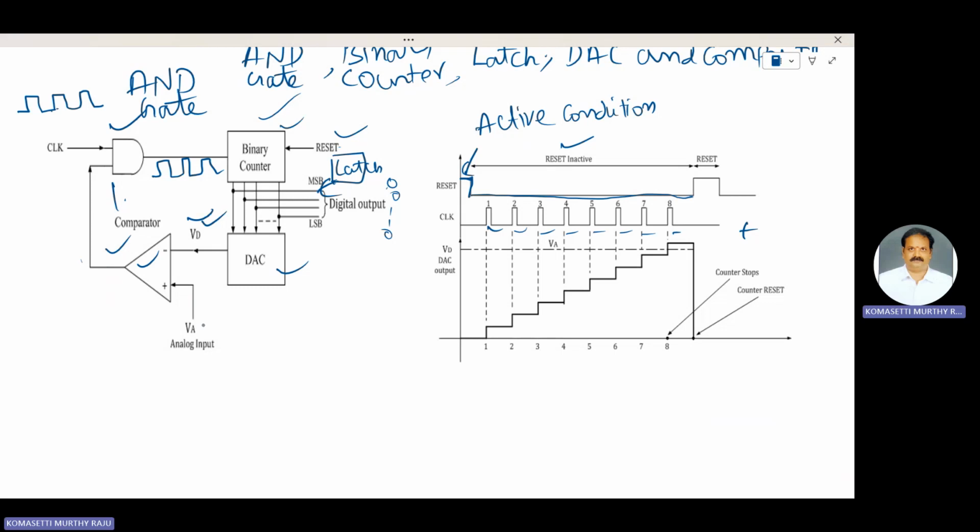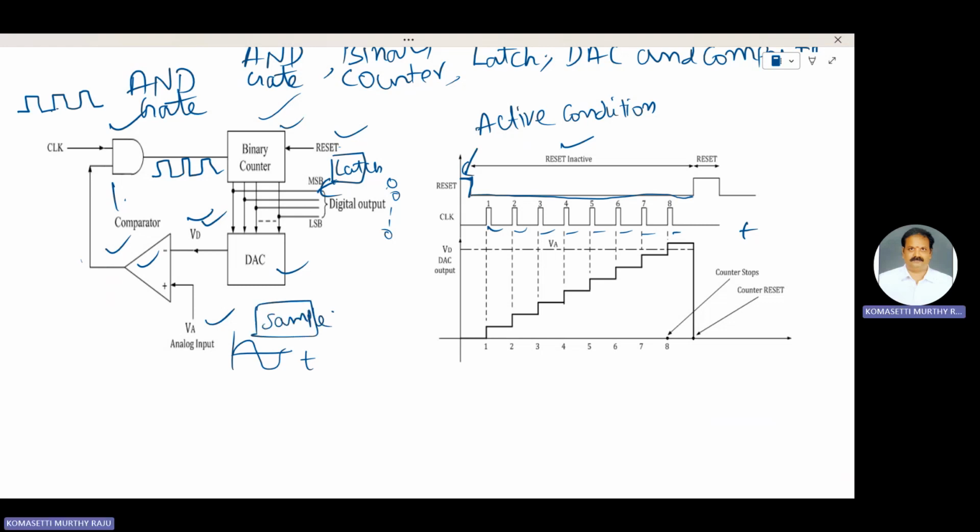compared with the analog input VA. Suppose the analog input voltage varies with time, like this analog sine wave. First of all, this analog input signal is sampled using a sample and hold circuit